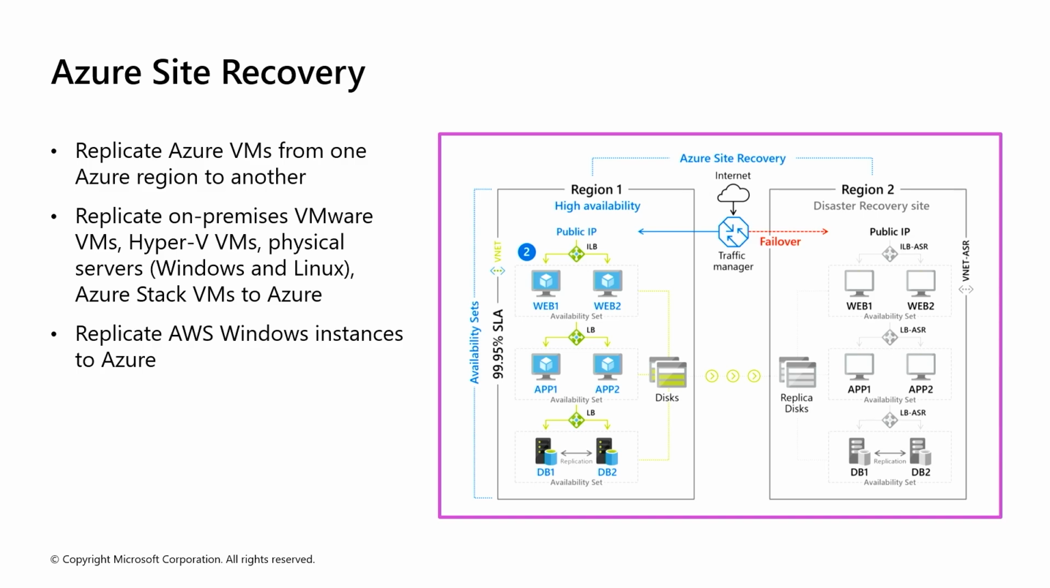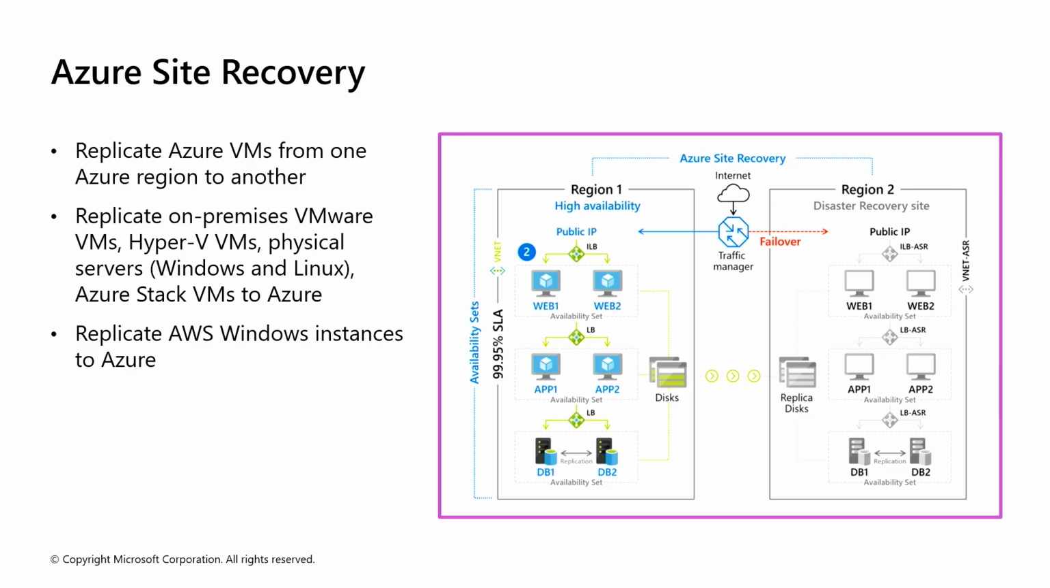Azure Site Recovery enables seamless disaster recovery by replicating virtual machines across regions, including Azure VMs, on-premise VMware and Hyper-V VMs, physical servers, Azure Stack VMs, and even AWS Windows instances. The diagram shows a high availability setup in Region 1 with VMs grouped into availability sets and connected via an internal load balancer. In the event of failure, Traffic Manager will redirect workloads to Region 2, where replicated disks and